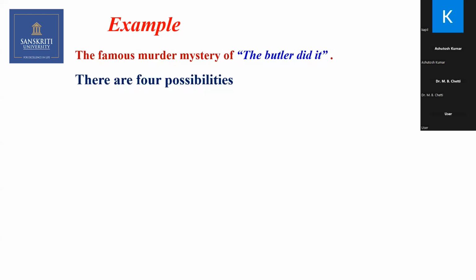Now I take up one small example to tell you how you reject the hypothesis or how you accept the hypothesis. Let us think that Butler is a person who was walking on the road. When he was walking early in the morning, he saw a dead body. He immediately reports the police. There could be 4